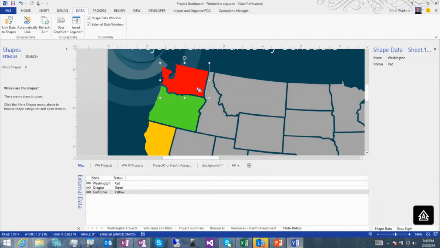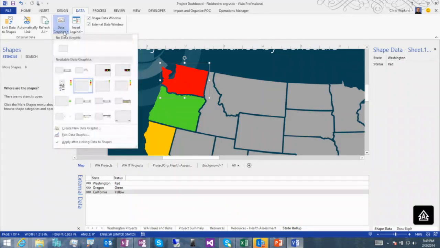But because it's vector-based, we can change the line formatting and the fill formatting and maybe even move some of the lines around, do different things like that. Like if you think about the bar chart, a rectangle getting larger and smaller as the data changes. So in this particular case, this is all done with data graphics. And this is the built-in visual rules that you can configure very easily for any Visio